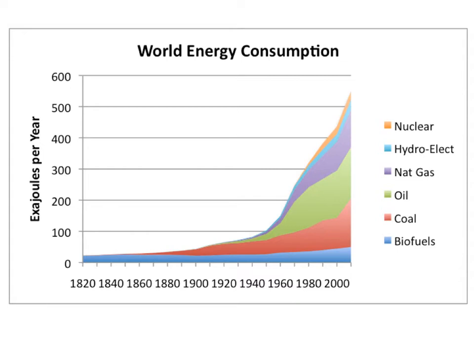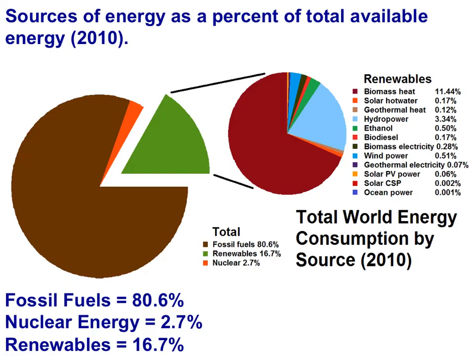increased. In this graph, the renewable energy forms are hydro, seen here in light blue, and the biofuels in dark blue. Neither represent a large part of world use. This pie chart nicely shows renewable energy forms representing nearly 17% of the world market. Interestingly, among renewable forms of energy, biomass and hydro dominate.